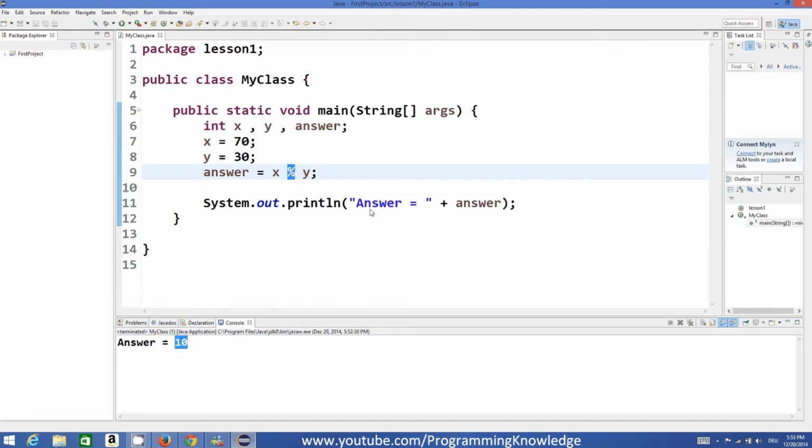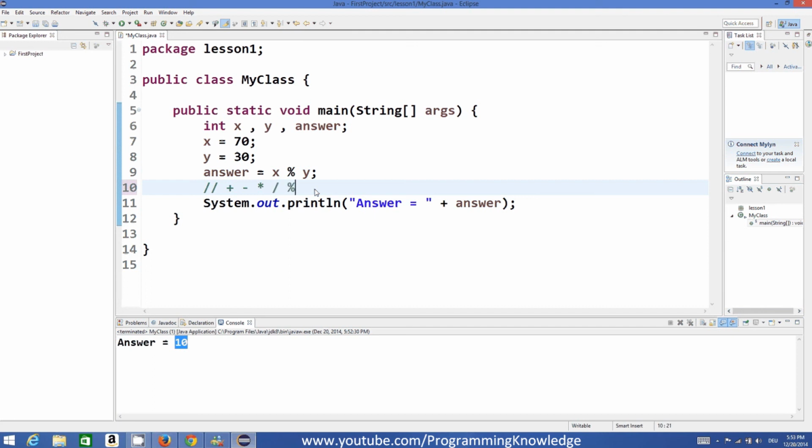Okay, so these are some important math operators in Java. So let's recap. The first operator is plus, the second is minus, the third is multiplication, the fourth is division, and the fifth one is modulus.